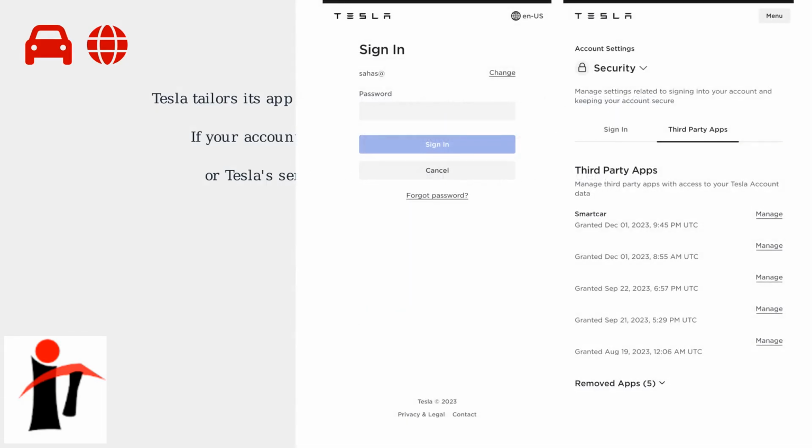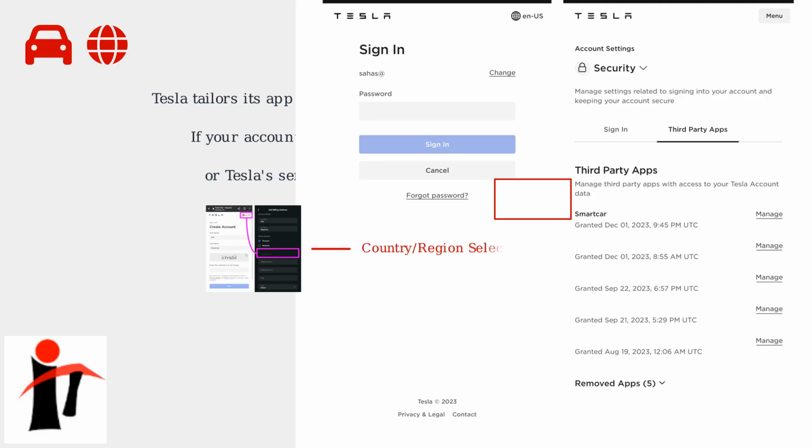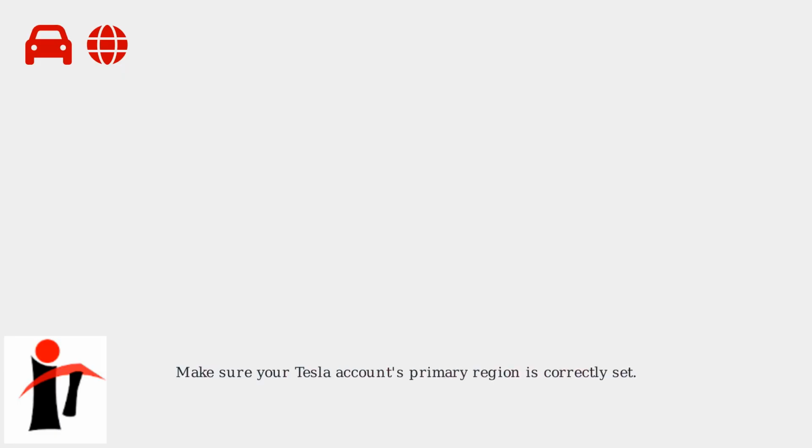Your Tesla account region is set during registration and can be viewed in Account Settings. This screenshot shows the Account Settings screen, where you can check your region configuration. The registration process, shown here, includes selecting your country or region, which determines what features are available in your app. To resolve region mismatches, ensure your Tesla account's primary region matches where you are and where Tesla services are available